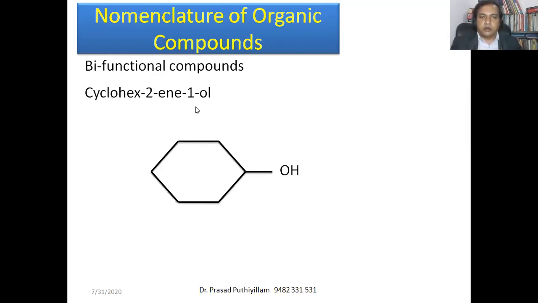Now it becomes cyclohexanol. Whereas it has a double bond in the second position, that is the second carbon atom. Since the OH group is there, this will become the first carbon atom. In the priority list, we see that OH has a higher priority than a double bond. Therefore, this carbon atom, to which the OH group is attached, is the first carbon atom. Then the second carbon atom may be this, or even this can also be the second carbon atom.